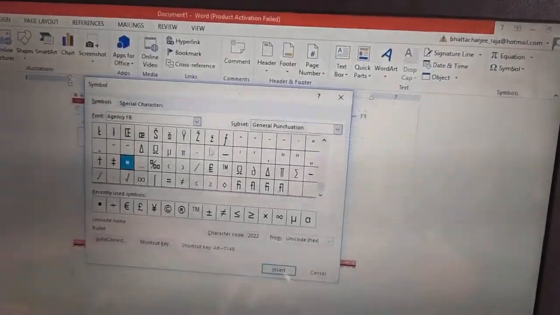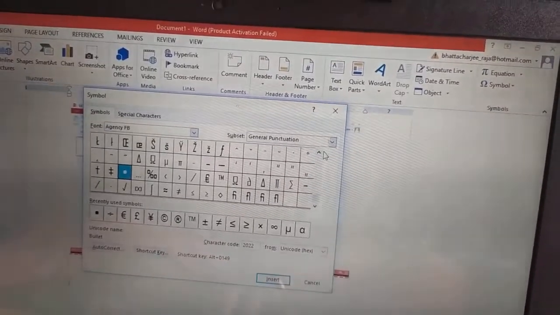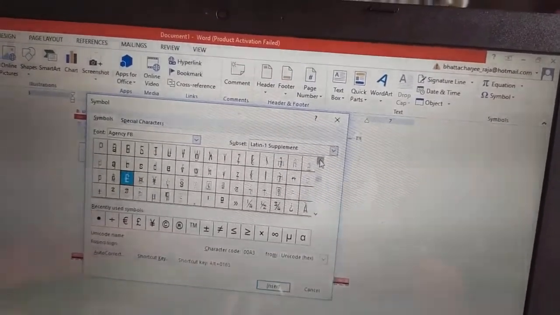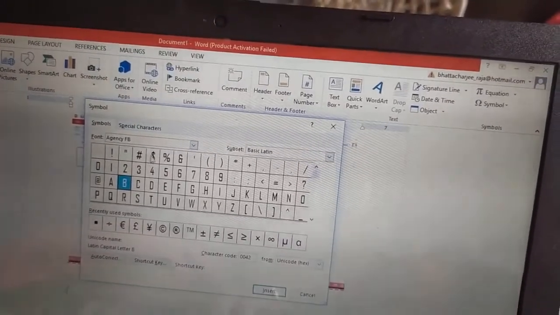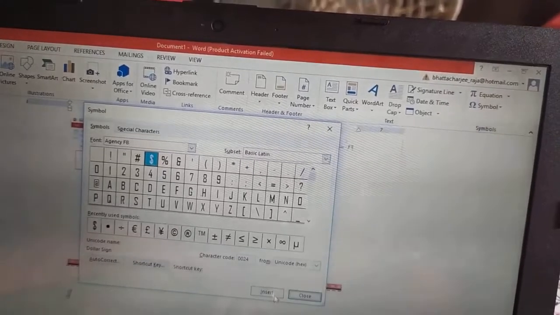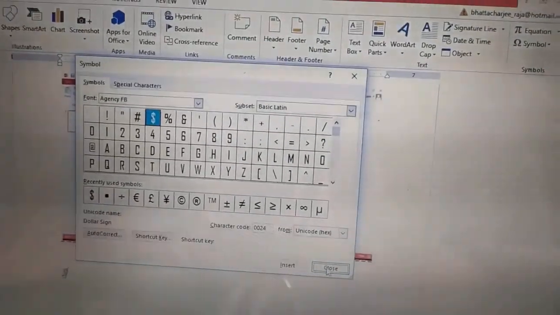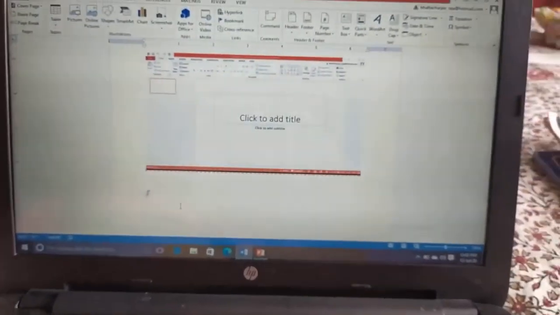Over here you will get different types of symbols. Any symbol that you want to insert, just select it, click Insert. See, our symbol is inserted into our screen. Dollar symbol. Now this is how we are inserting the symbols.